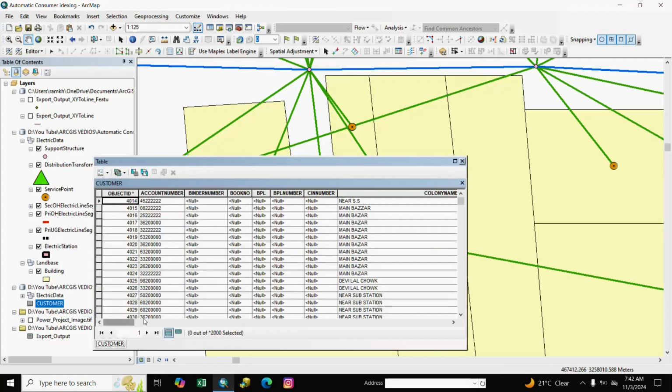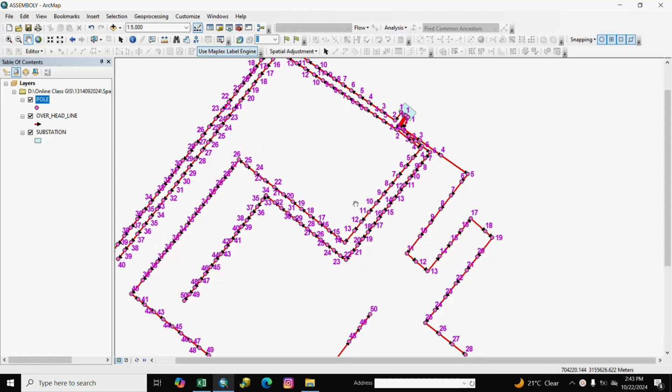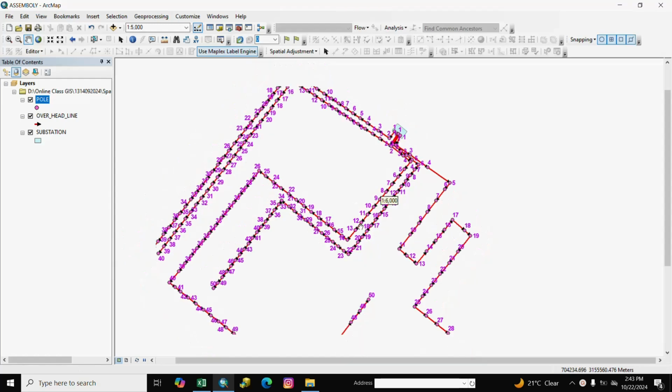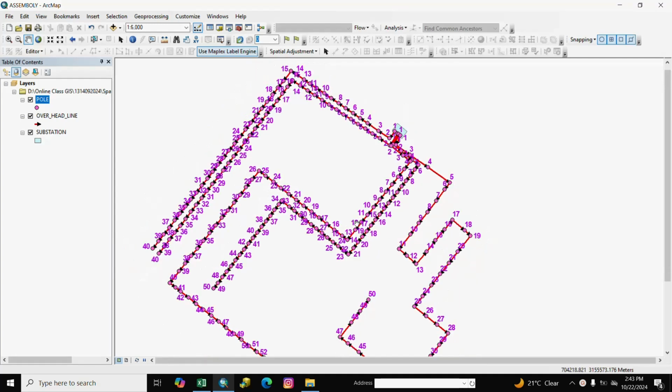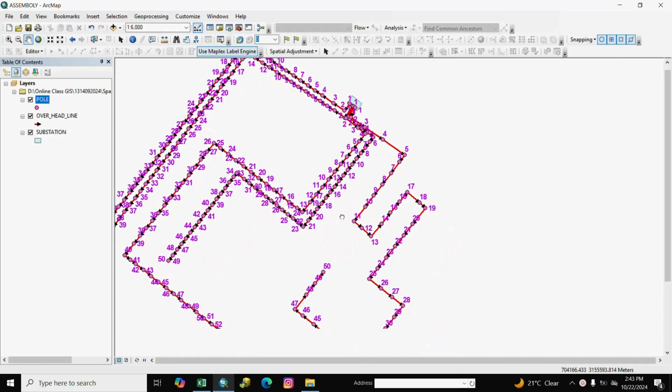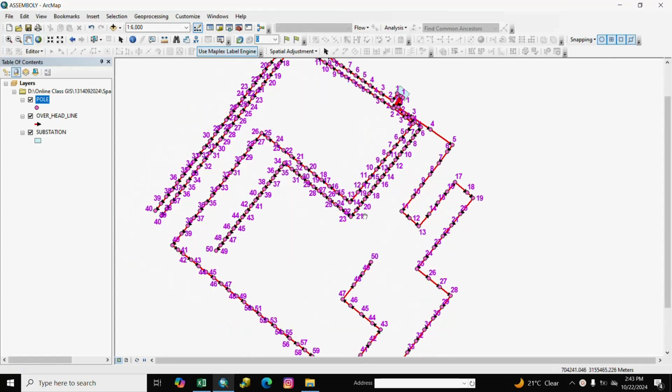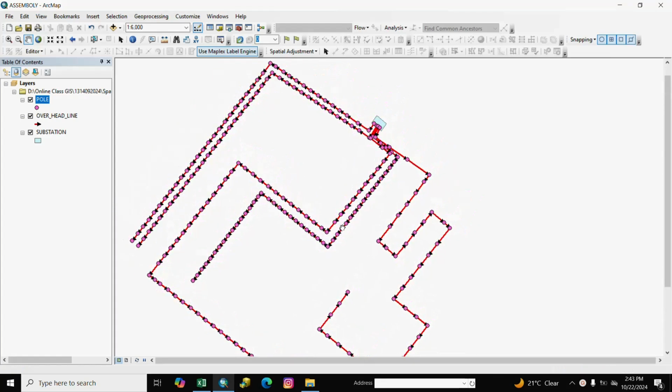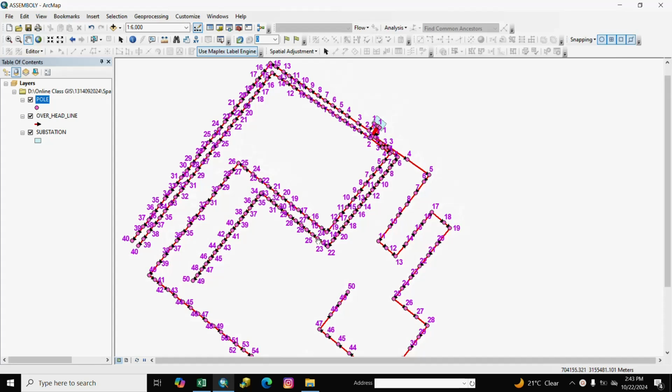Here is consumer. How to create automatic feature? If you want to draw network and other, it is very important for creating automatic feature. It is a time management and time saving process. So listen carefully, it is very important. So let's start.